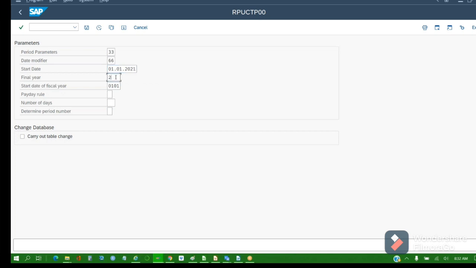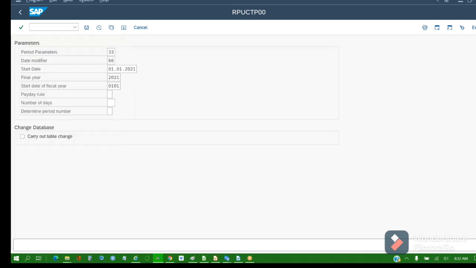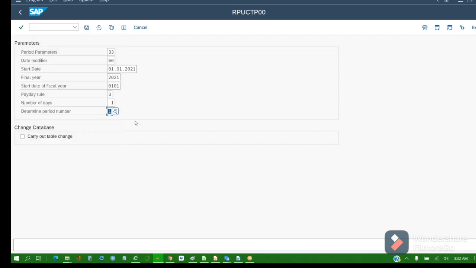Year, final year 2021. Start date same. Payday rule same. What did you give? I think 3, maybe. Yeah, 3. Number of days 1. The one below. Start date of the period. Carry out table changes.